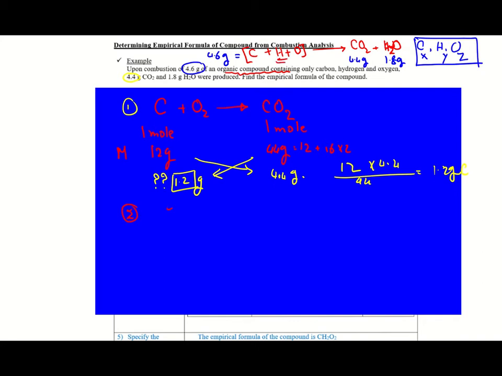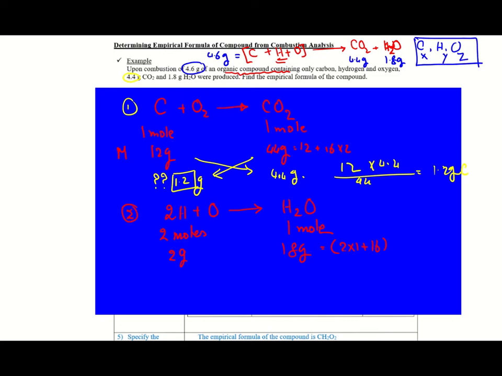For hydrogen in the organic compound, 2 hydrogen atoms react with 1 oxygen atom to form 1 molecule of water. So 2 moles of hydrogen atoms react to form 1 mole of water. The mass of 2 moles of hydrogen atoms is 2 grams. Water: 2 times 1 plus 16 equals 18 grams. So every 2 grams of hydrogen are required to produce